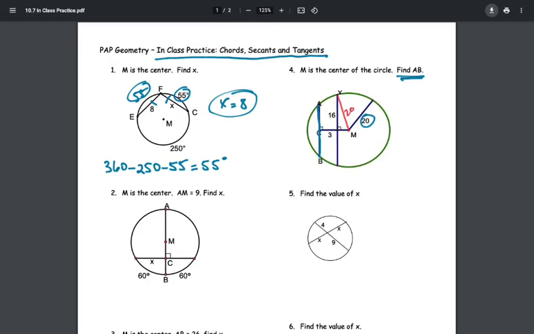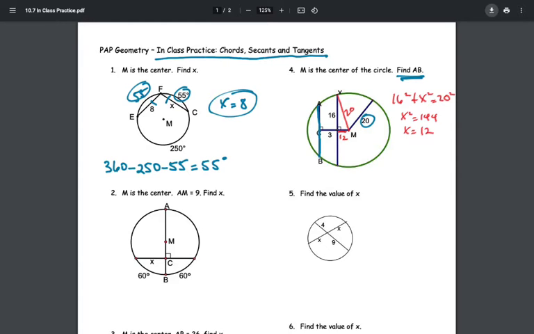Again, that radius length is 20. And so I can use Pythagorean theorem to figure out what this length right here is. So we're going to do 16 squared plus x squared equals 20 squared. So when I do that, I end up getting x squared equals 144. And so x equals 12. Now this picture is definitely not drawn to scale. But so if this is 12 right here,